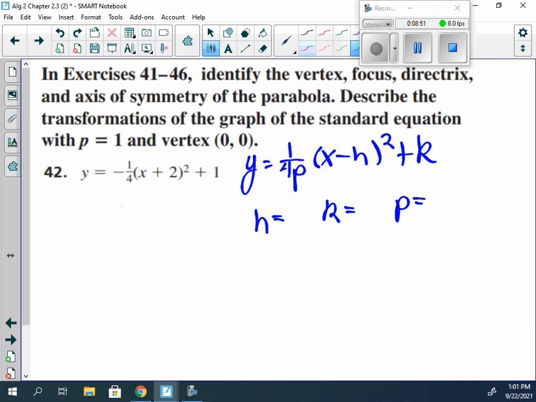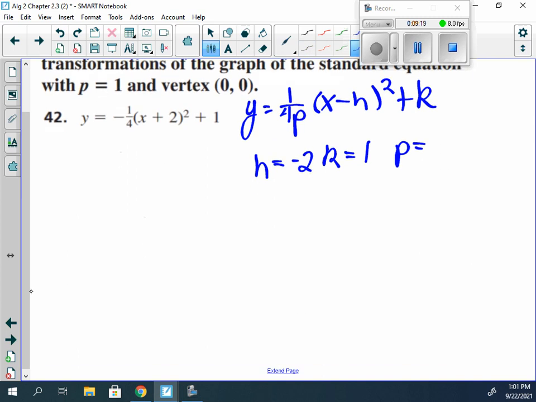So it matches up with our y equals 1 over 4p times (x minus h) squared plus k. So in this problem here, what's the value of h? -2. Since it's plus 2 inside the parentheses, the value of h is actually -2. The value of k, 1. And the value of p,